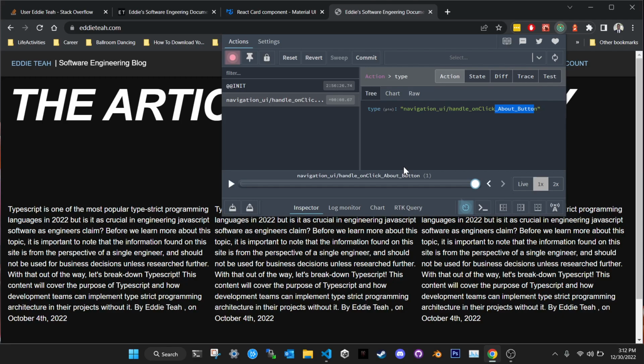This is one of the things the Redux team is very boastful about, and it is really good. I give them props for that.